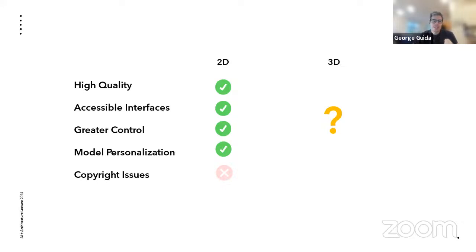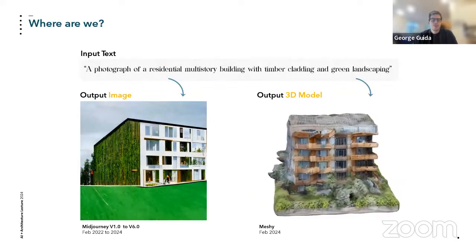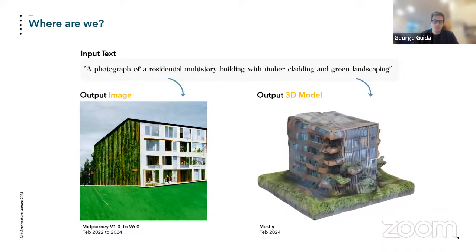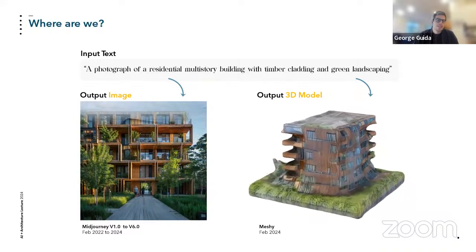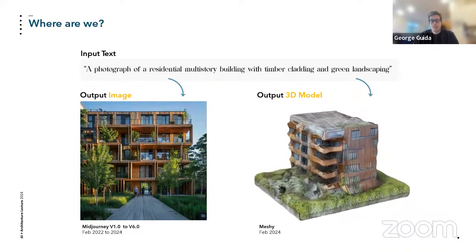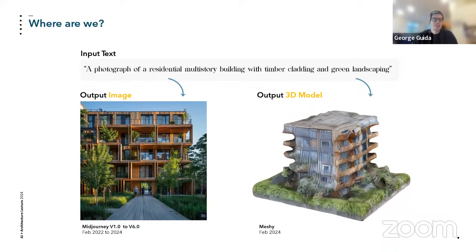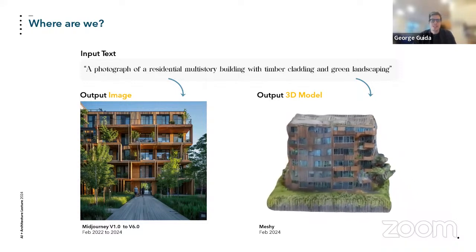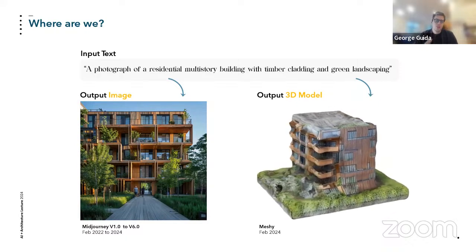For 3D, this is very much an emerging space. I believe that we're in the same moment in 3D as we were with images 2 years ago. In particular, I say this because of the recent development in the video space. There's a lot of things going on, the Sora model, Runway, Pika, there's all of these new companies that are racing to get that very high coherent video output.